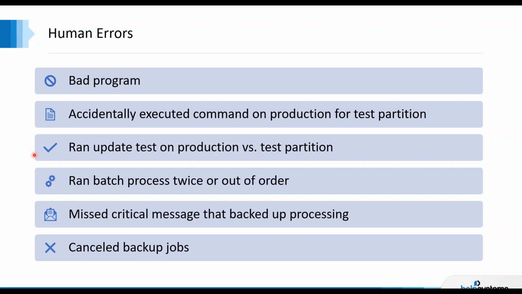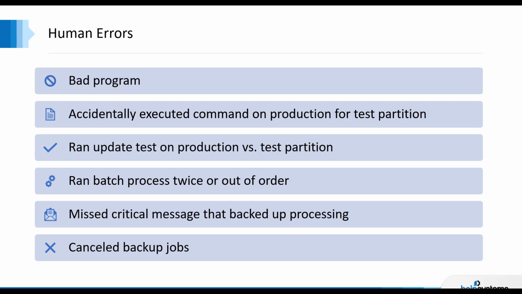Operator checklists for running batch processing is really an archaic way to do business. We still have folks out there doing that. It's very easy to enter an incorrect date or maybe accidentally run a batch twice or out of order, or perhaps someone's filling in for the regular operator. Maybe the manager's filling in and he only runs the batch processing twice a year, and that really screams for automation.